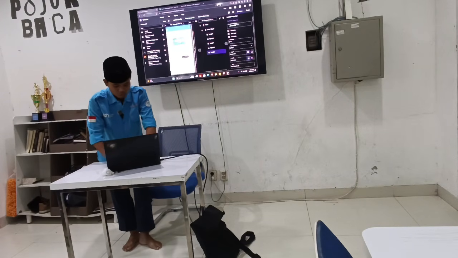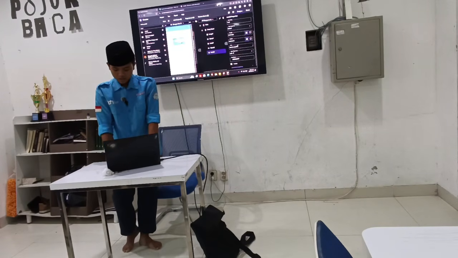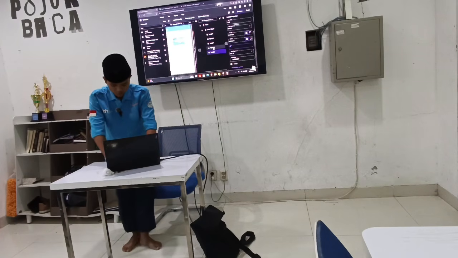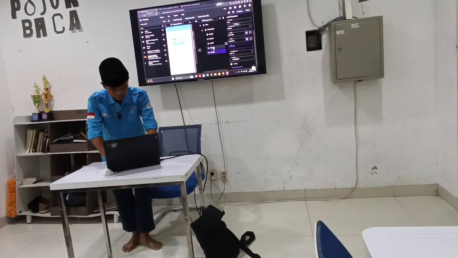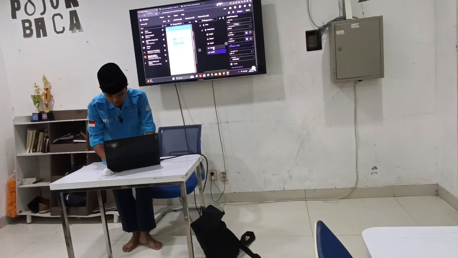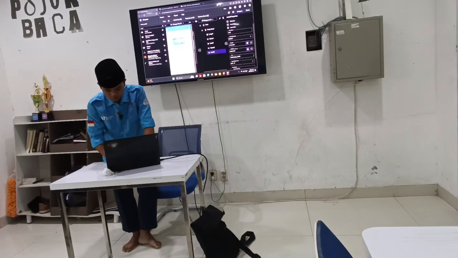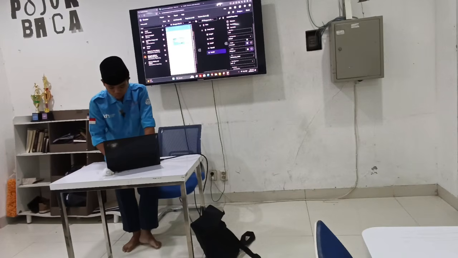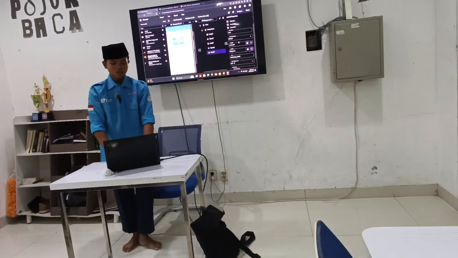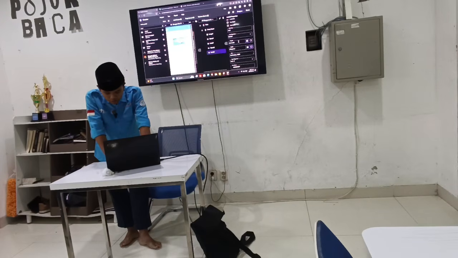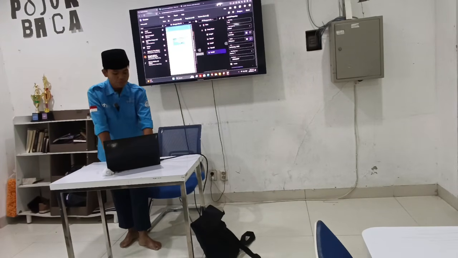Here, just drag it here, and then change the text to your birthday, for example, 10 October 2010. For the width, just change it to fill parent, so it will become wider. Text alignment, just change it to center, so it will be in the middle.